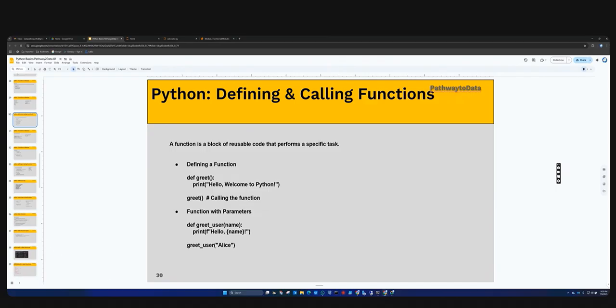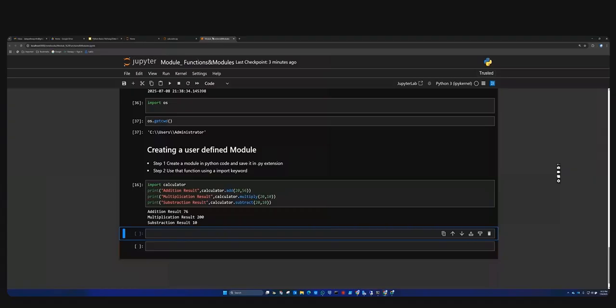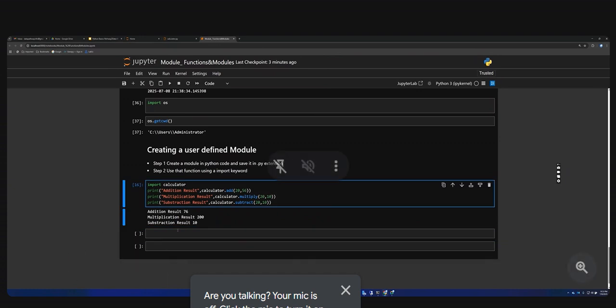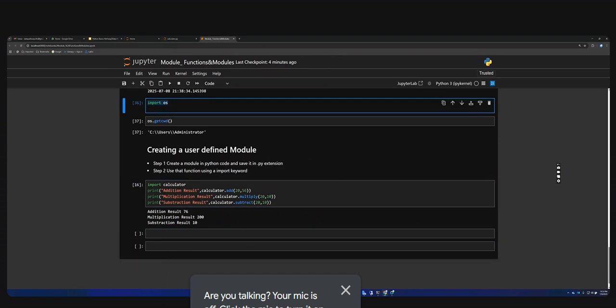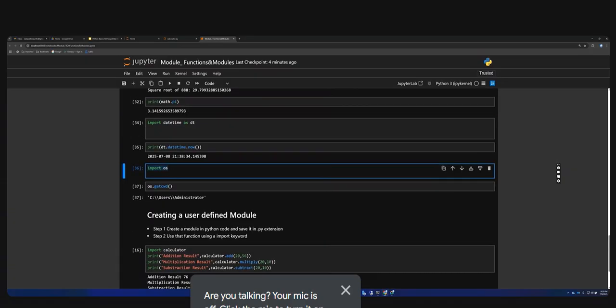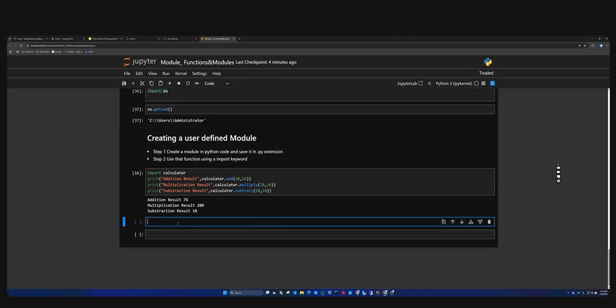So this is just an example. See now, whatever we are doing here, you are making use of that module here, right? So these are all system defined modules, import os. And the other thing is like we use import pandas as pd. I'm using the short form pd. I can say pd dot